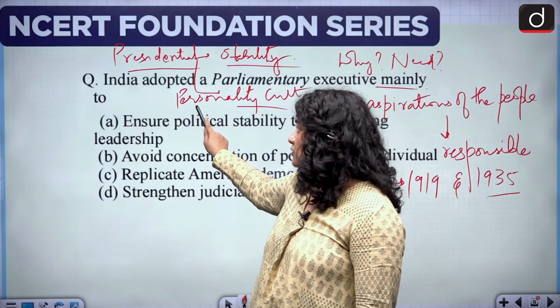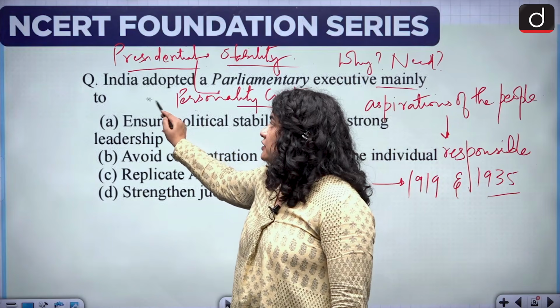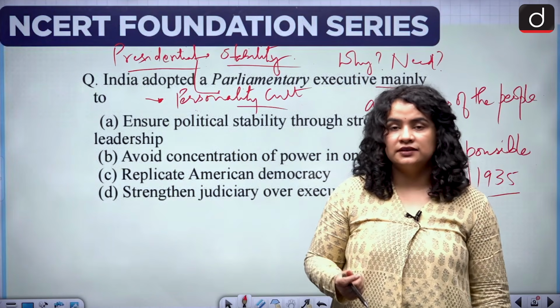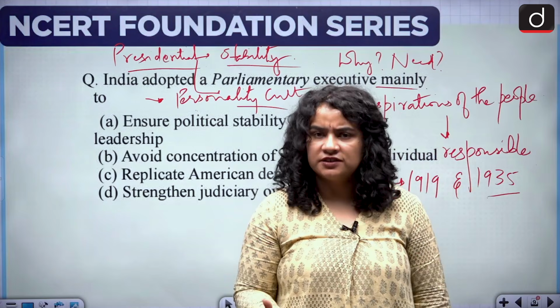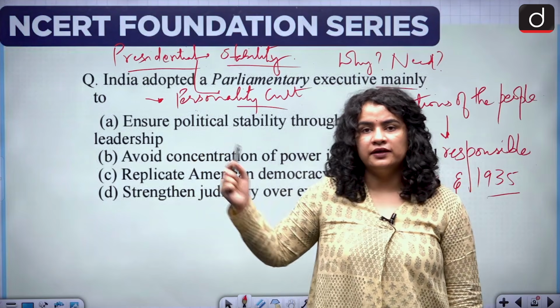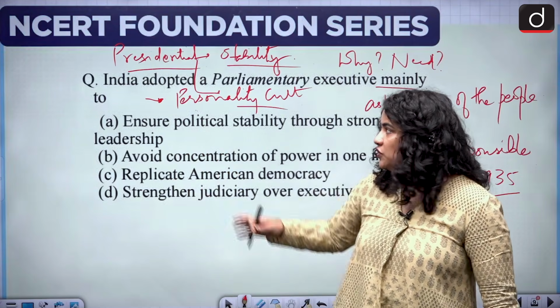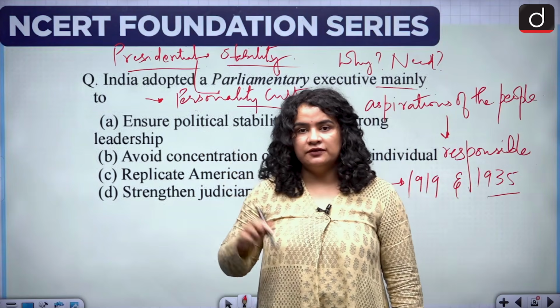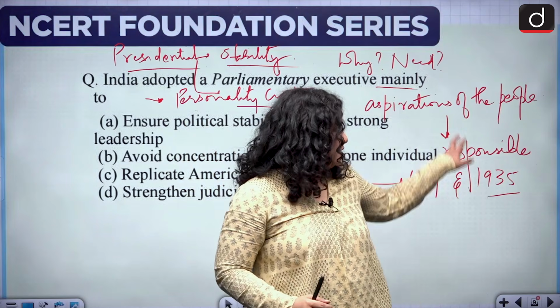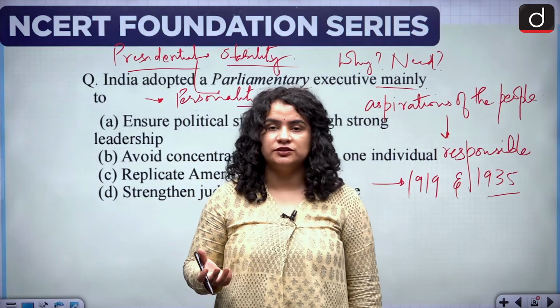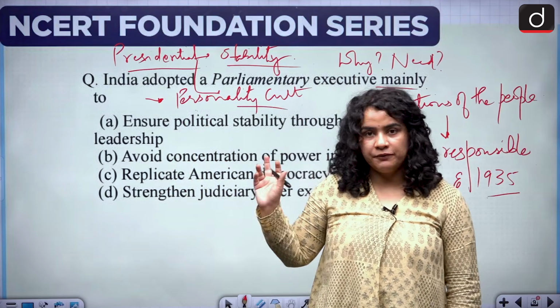So this was one reason that they really did not want it. The reason was, of course, to avoid some sort of concentration of power, or hero worship, a personality cult sort of a thing. So in order to avoid this, of course, this was also among the reasons that the parliamentary system was adopted in place of the presidential system.